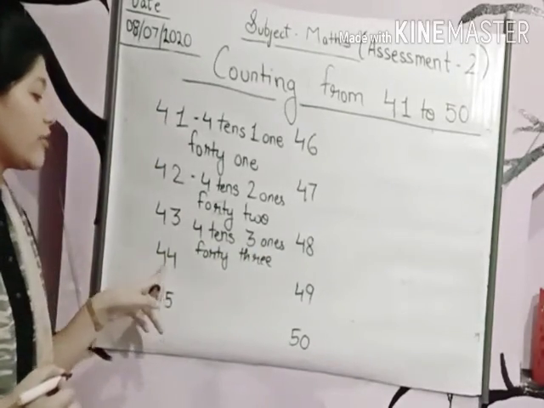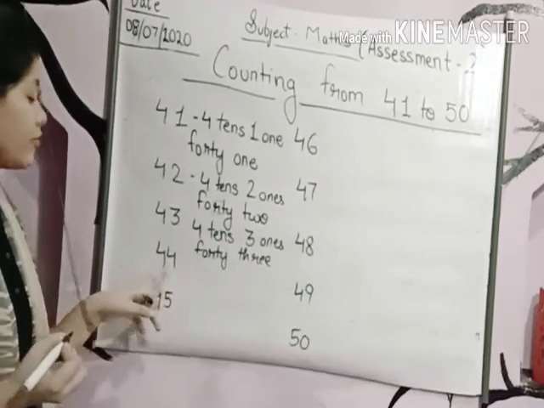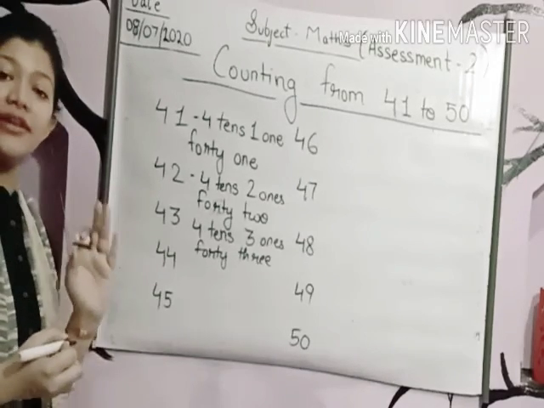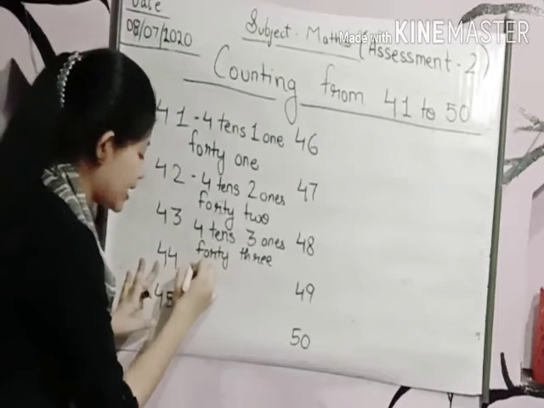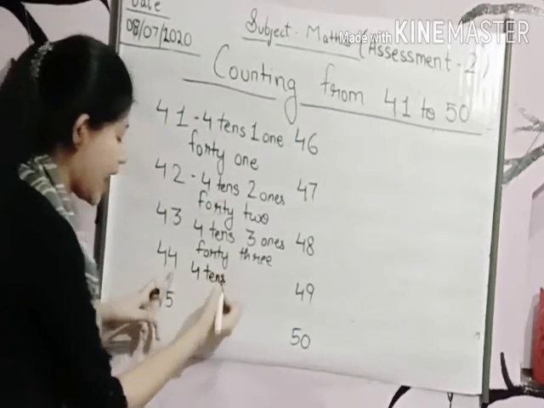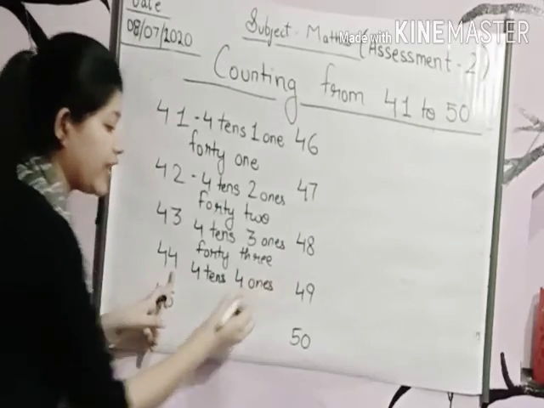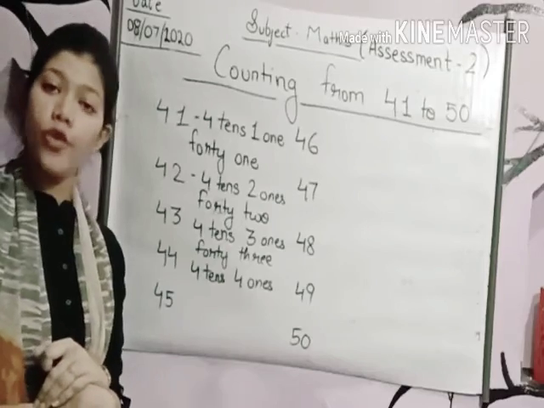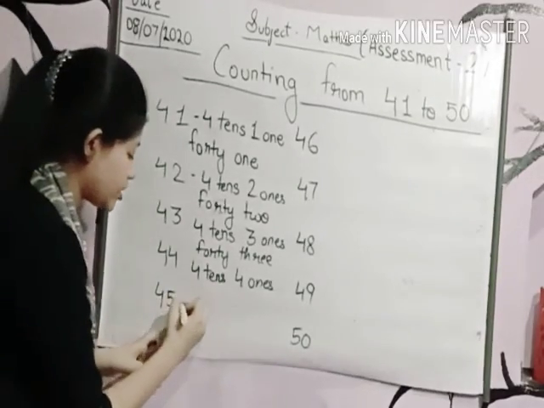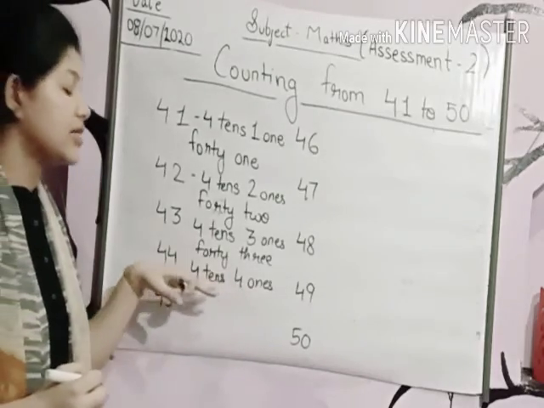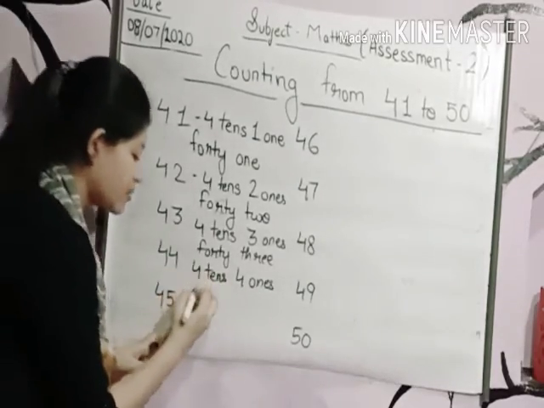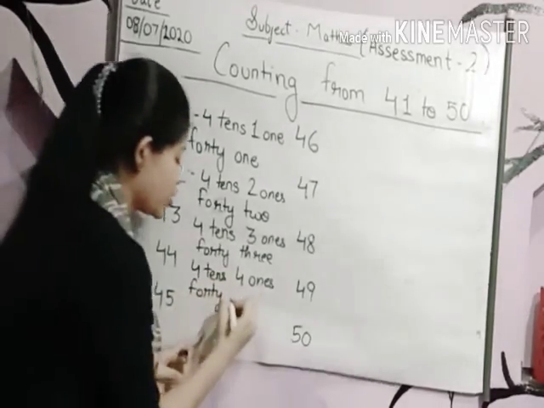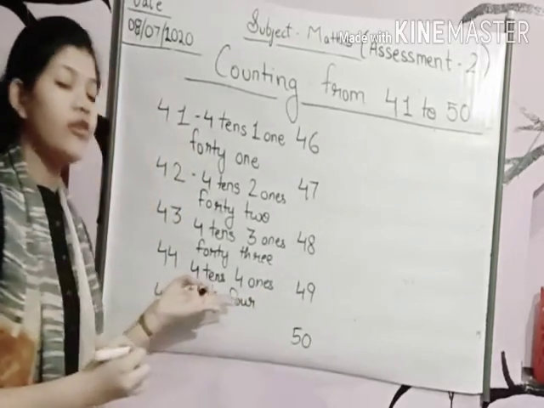Now let's come to number 44. This is also of 2 digits. One number will be placed at the ones and another will be placed at the tens column. So we can write it as 4 tens and 4 ones. Why? Because in both the places there is the same digit, that is number 4. Now let's come to the next number, 45. Now see how we can write this number in number name form. 4 tens means 40 and 4 ones means 4. So we can write it as 44.